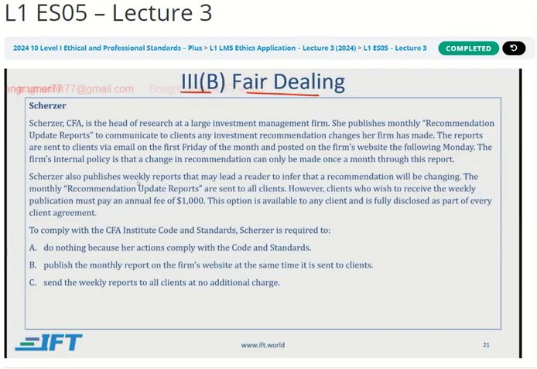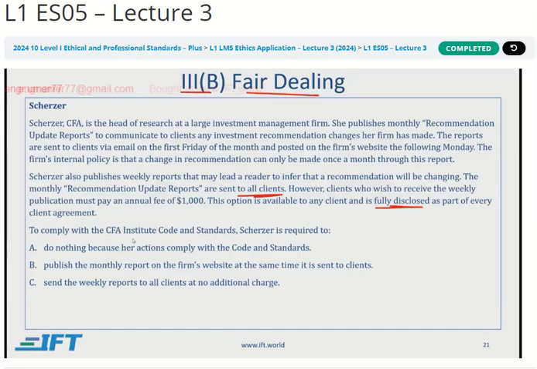Scherzer also publishes weekly reports that may lead a reader to infer that a recommendation will be changing. The monthly recommendation update reports are sent to all clients. However, clients who wish to receive the weekly publication must pay an annual fee of $1,000. This option is available to any client and is fully disclosed as part of every client agreement.